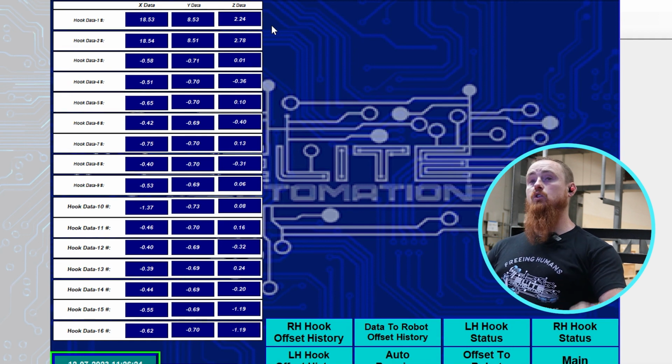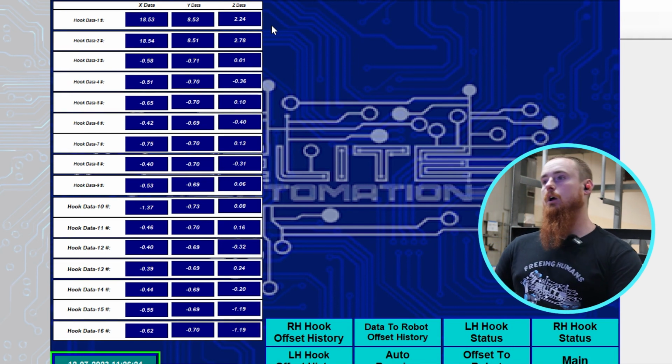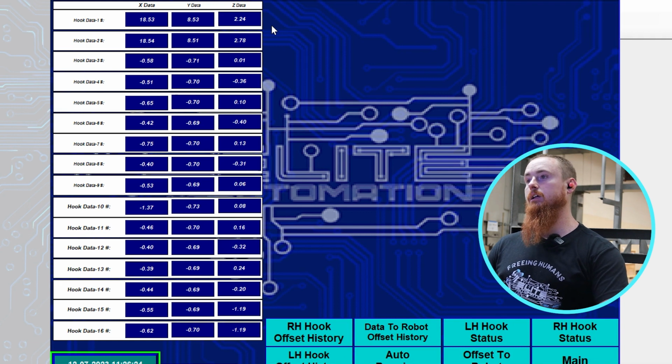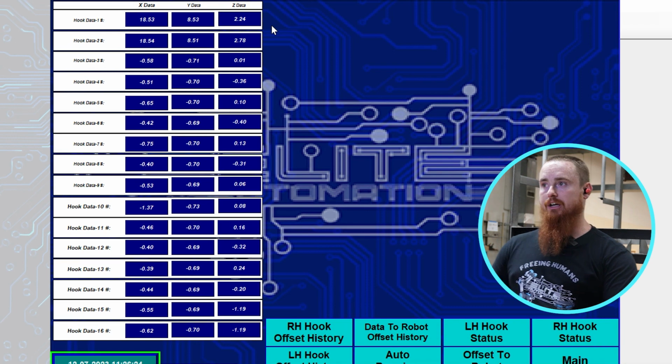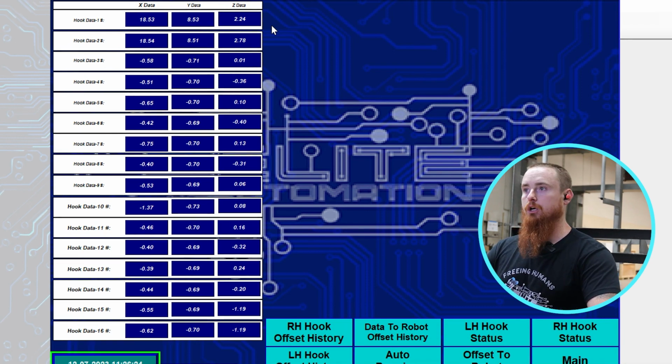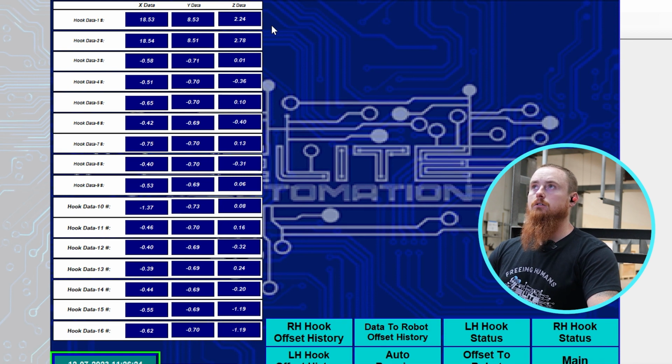But as of right now, these hooks wouldn't pass an offset value, which would give us the ability to place. So I'm going to go back to this offset to robots. You're going to see we're getting a no good signal. We'll look at the left-hand status and see what we're getting. So we're getting no good on multiple of the